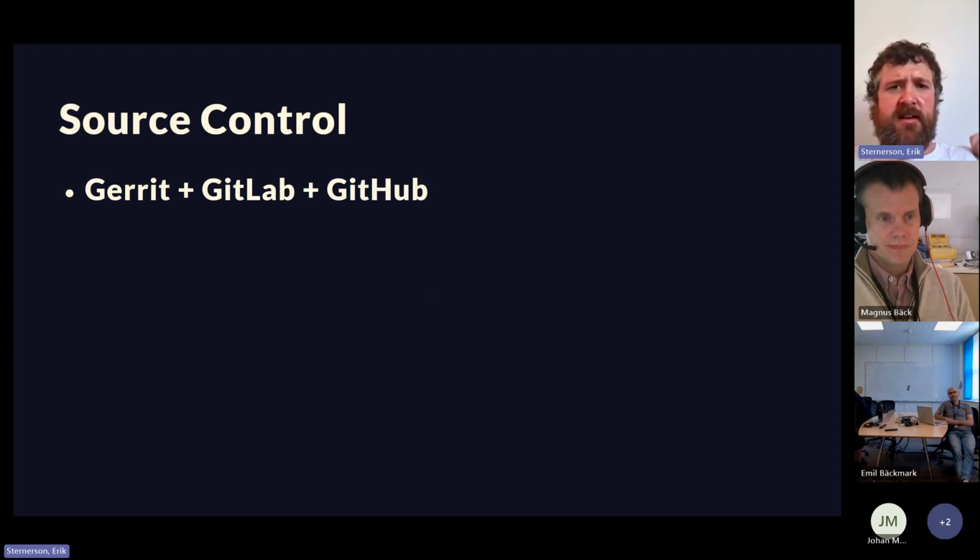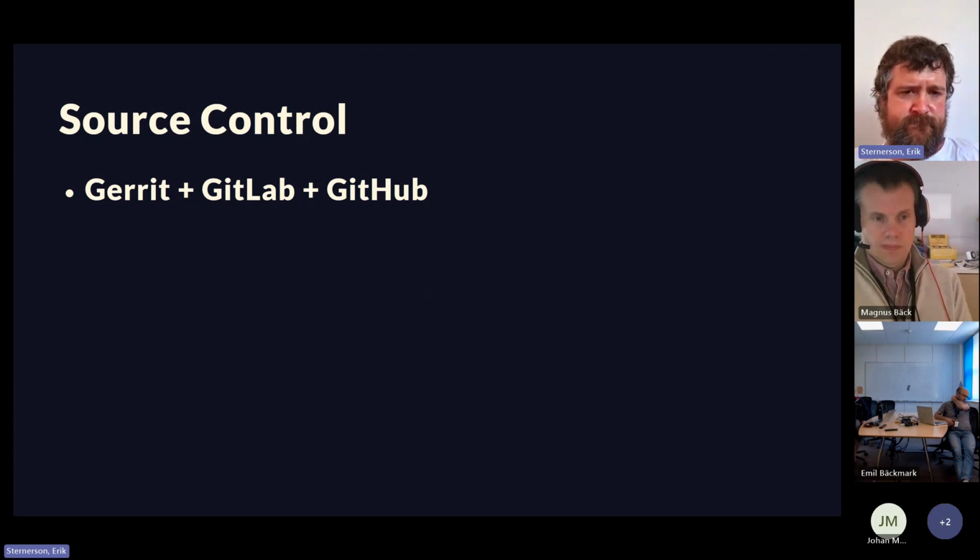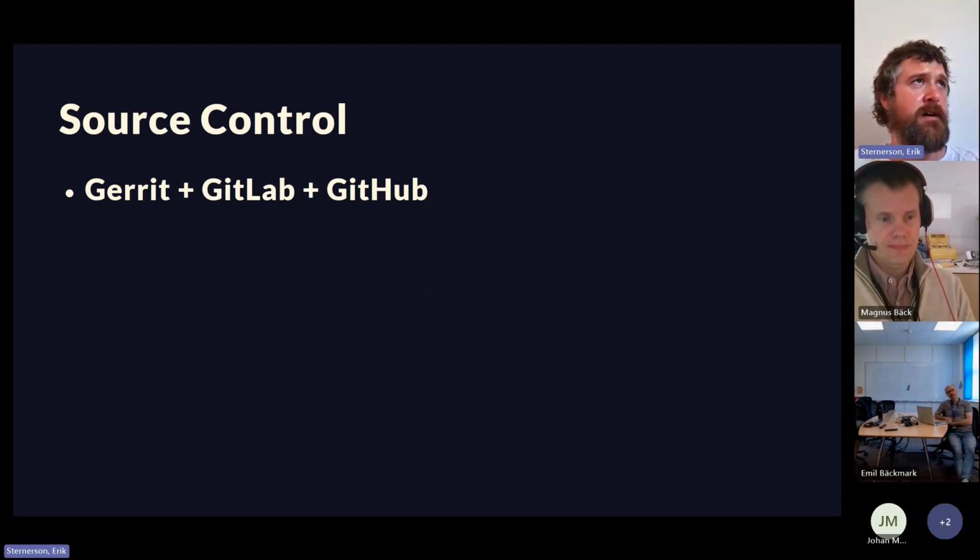It's been up to each CI team to decide for themselves. There have been recommendations. For instance, a lot of the teams working closer to hardware are using Garrett, and a lot of teams working closer to software, like building apps and stuff for other computers, are on GitLab. And then we have some special cases, especially the ones working with cloud products, which are typically on GitHub. But now there is starting to